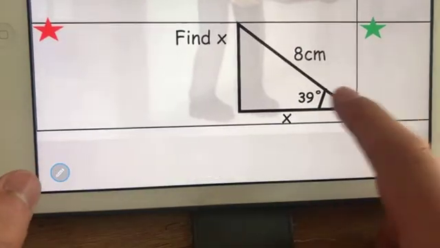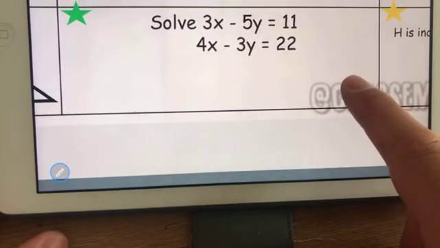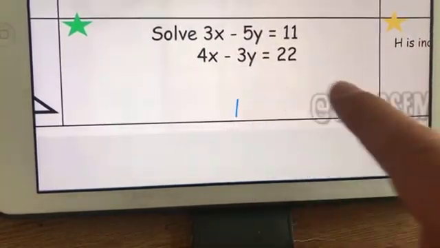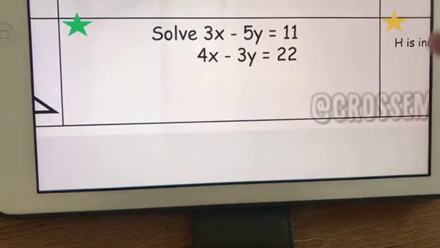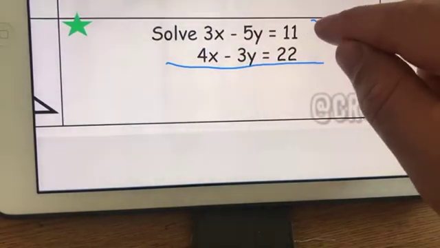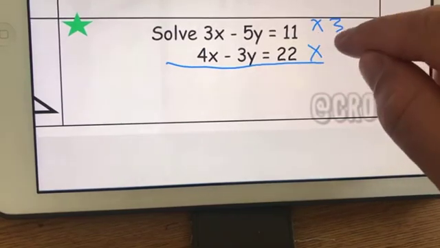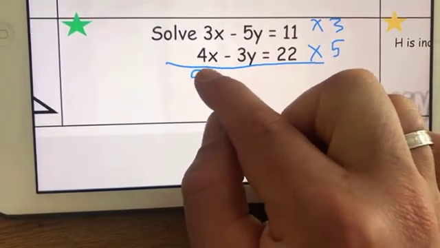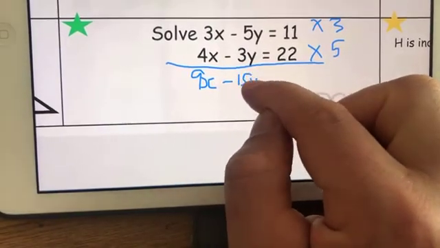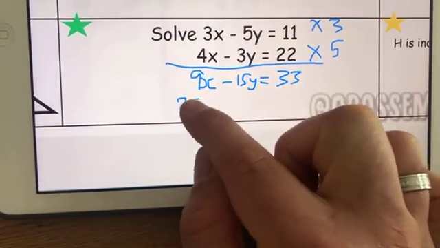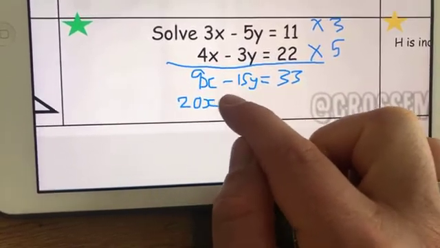1 mark. Bit of green now, simultaneous equations. I want to get rid of the y's. In order to do that, I'm going to make them both the same number. So what I'm going to do, I'm going to times the top by 3, and I'm going to times the bottom by 5. If I times the top by 3, I end up with 9x minus 15y equals 33. Bottom, I end up with 20x minus 15y